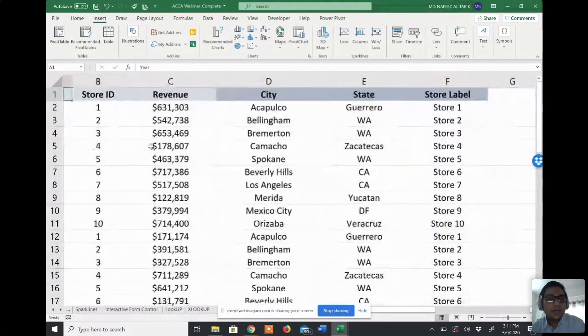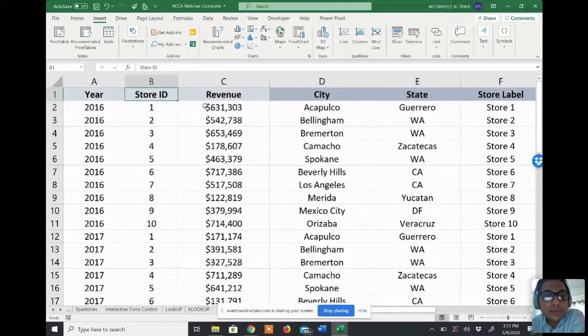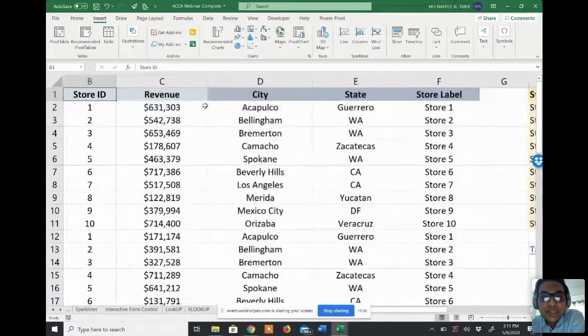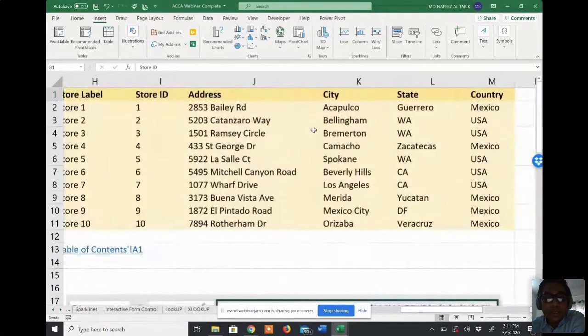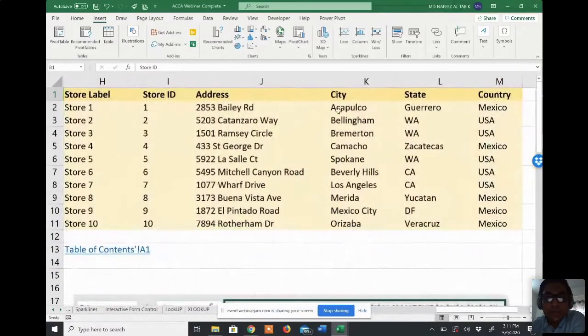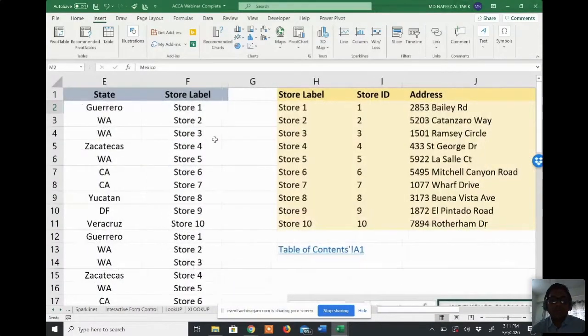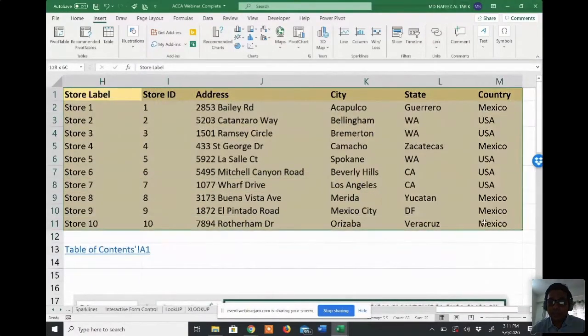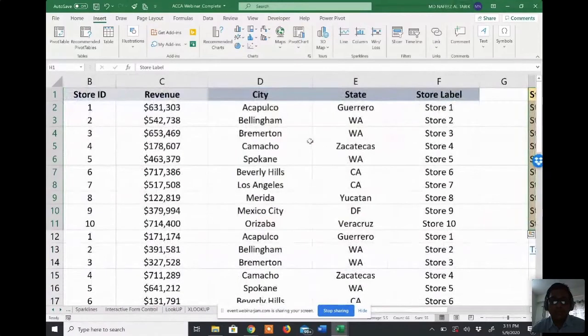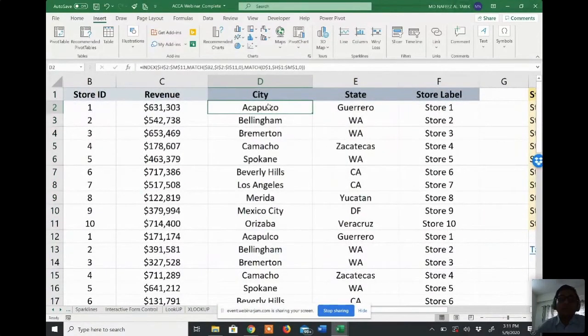So here you have different years and store ID. Different stores have different revenue, different cities and different states, and there are some store levels. And here you want to calculate, for example, based on certain segments. This is your list. So from this list you want to calculate, for example, in which city,